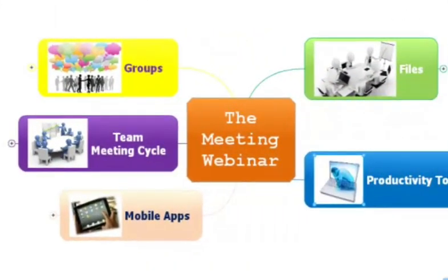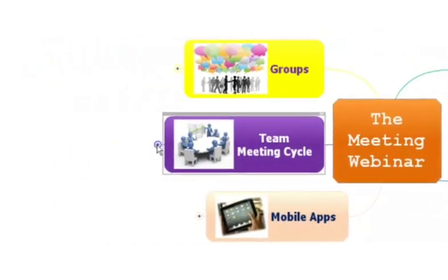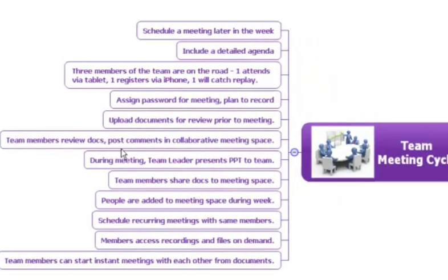Let's take a look at a team meeting cycle and an example of how this meeting webinar can work in a real estate team. So we've got a couple of agents who have a team going. Let's call them Jill and Jack, and Jill and Jack are going to schedule a meeting later in the week with their team. They've got some listing agents, some buyers agents, a couple of transaction coordinators,